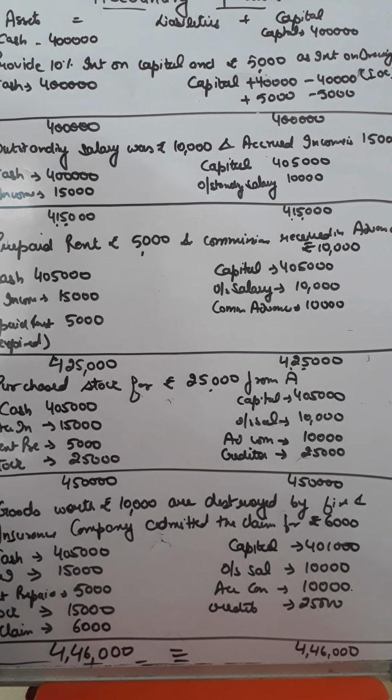Similarly, say goods worth rupees 20,000 are distributed as free samples. We do give free samples to our customers. So when goods are given as free samples, goods are going to be reduced and your capital is going to be reduced, because these are advertisement expenses. So similarly, you will face minor problems when you do your questions, and certain transactions will come which you have not done, but then you will have to apply your brain to work out what the effect will be. Almost every transaction we have already discussed. After discussing this transaction, there are 22 different transactions that we have already done, and now you know how these transactions are going to affect the accounting equation.